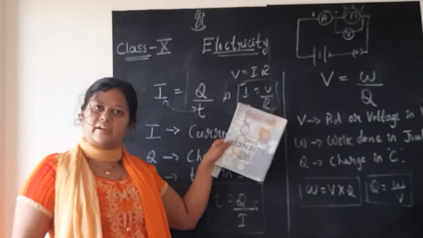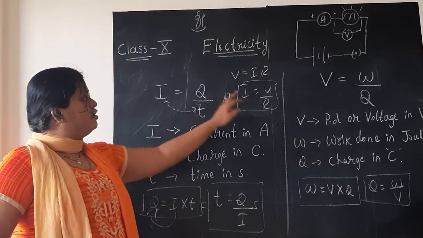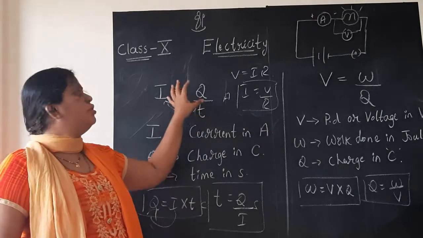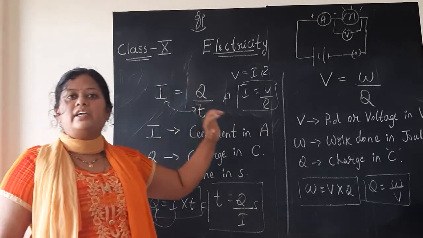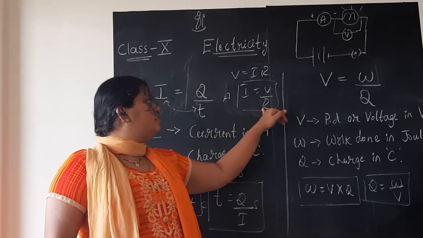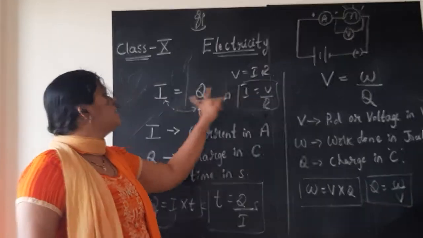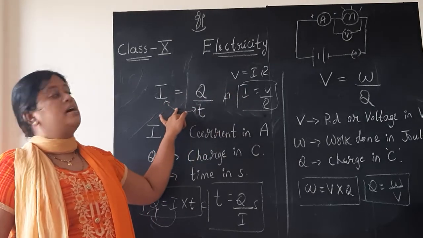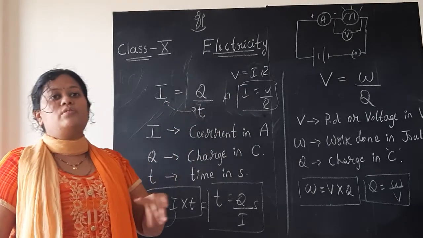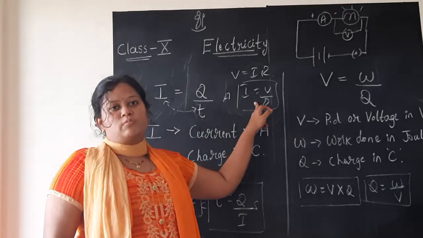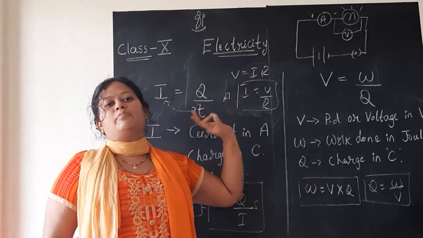This is also correct. But whichever formula based on the given data, if charge and time is given means you have to use this formula. If the data is in the form of resistance and voltage, then you will need to use this formula. Both the formulas are correct for measuring the current. But I expected you to write this formula. Why? Because I have not started with the Ohm's law yet. That is the only reason I have marked you wrong.